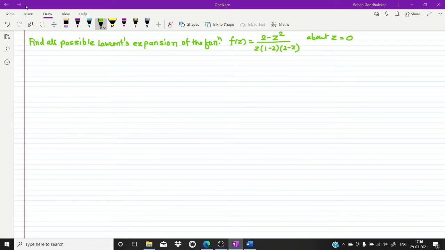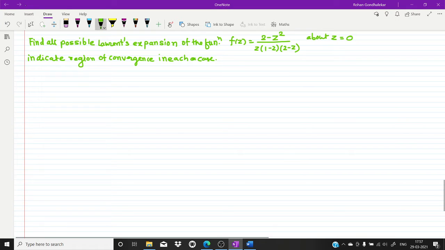Indicate the region of convergence. This is very important. Indicate region of convergence in each case. Okay, so this is one additional sentence that has been added, but this is not in the Taylor's, but it's fine. We have already discussed how to identify the region of convergence in case of Taylor series.